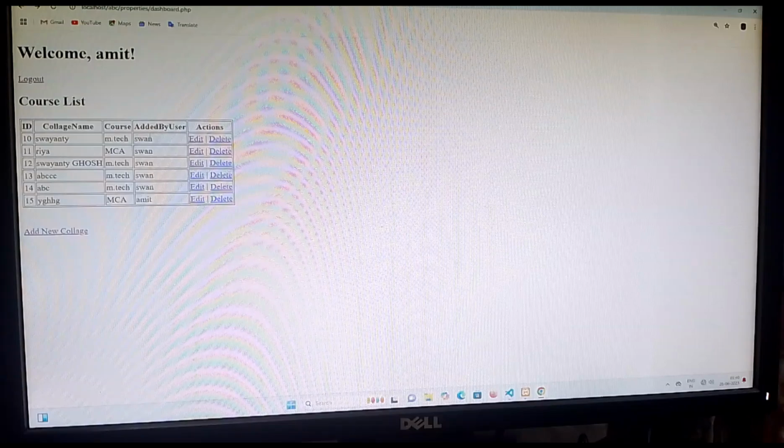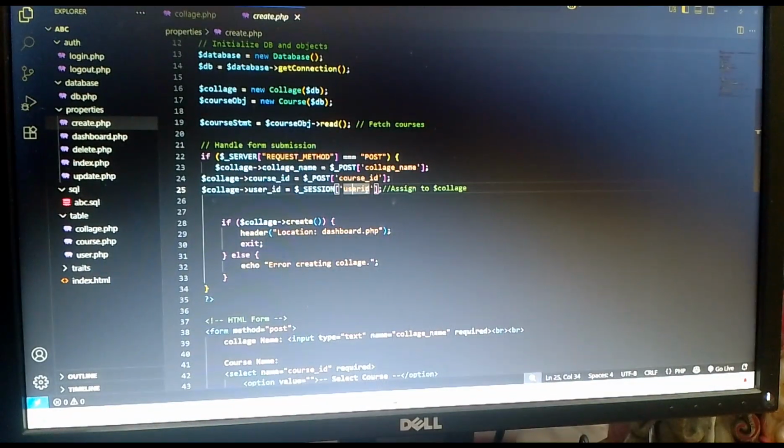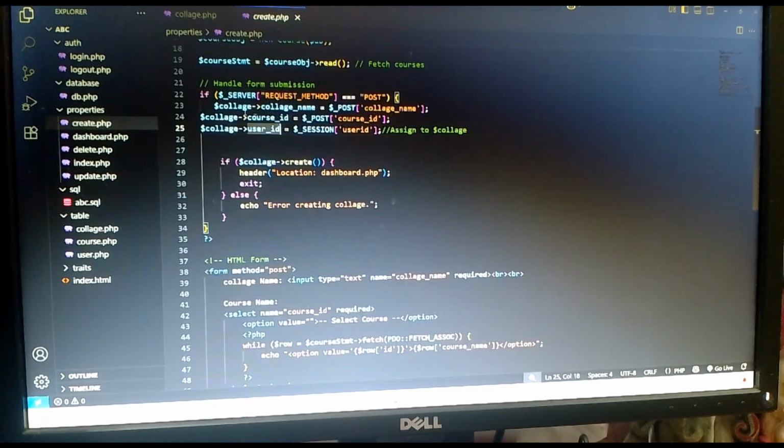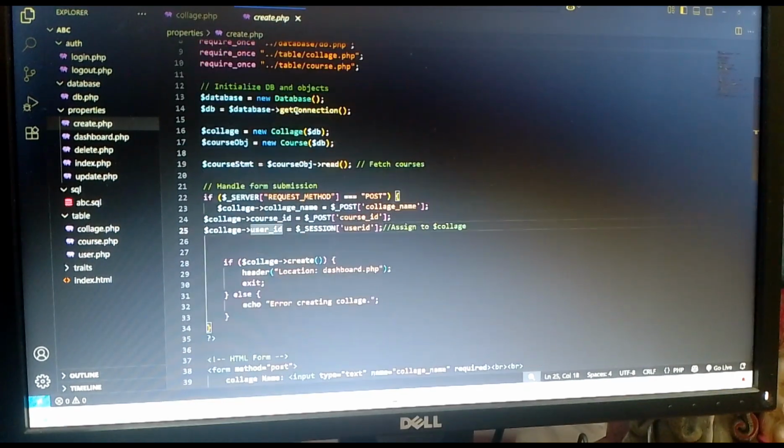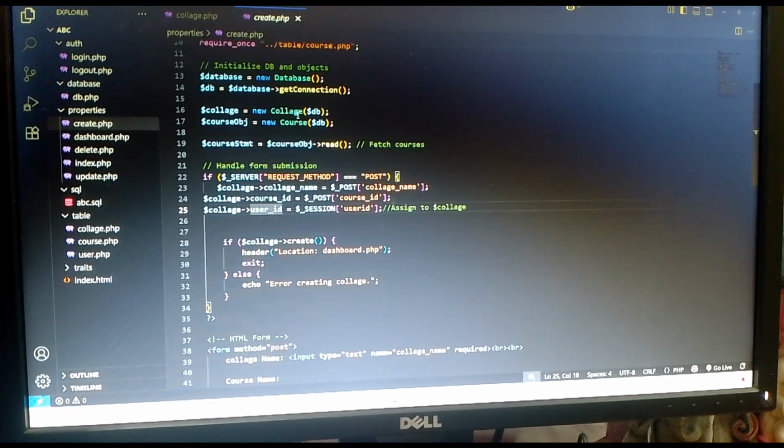User ID means this one, Swan or Amit or whatever the ID will be. This is okay, this one. It also goes through my user ID variable. Okay, so yes, I'm just assigning this also, because see, if something I created before and I'm not using login